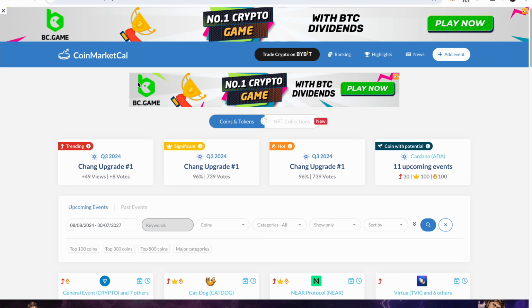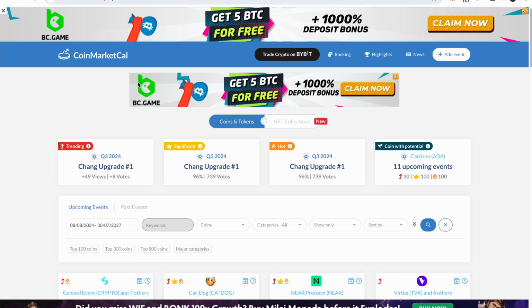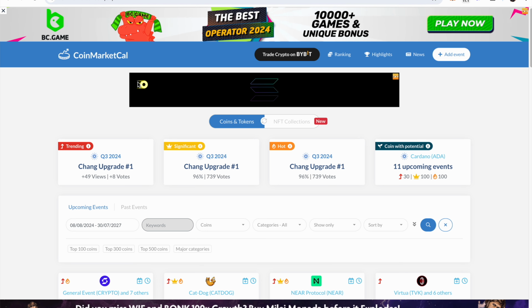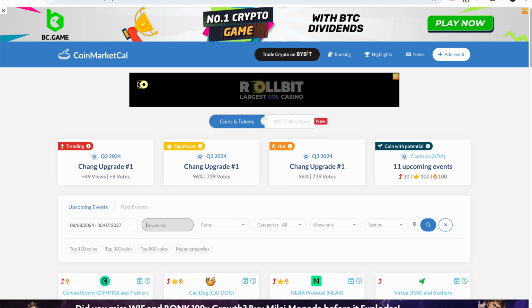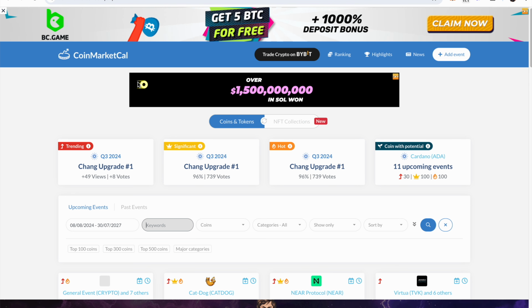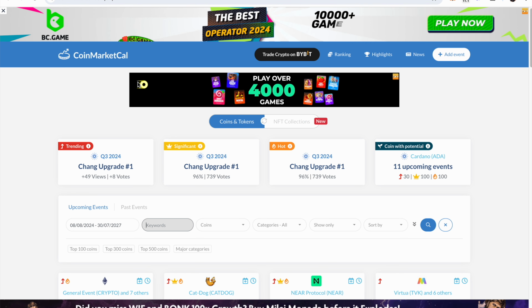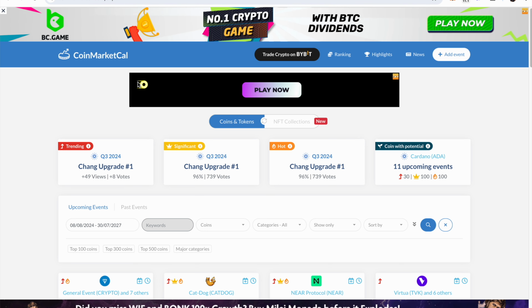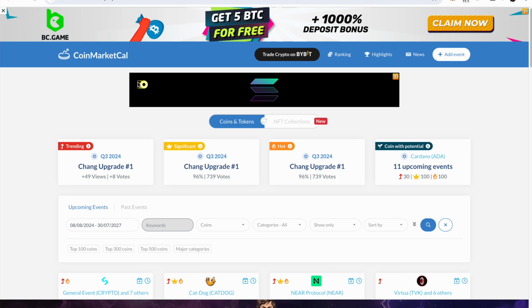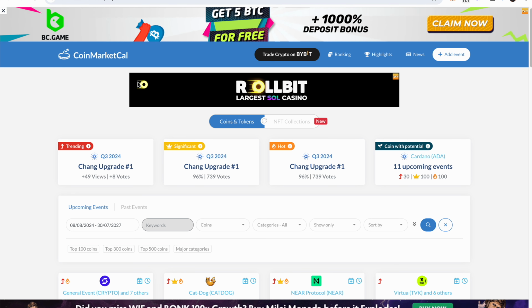You want to have, perhaps you shouldn't have more than 10 tokens. I know we say that, but people have millions. But listen, sometimes you really do make more money with less tokens because you can really track the tokens, and your conviction is going to grow as you do research, as you use some of the tools we've shared here, some of the tools that can really make a difference in how you invest,